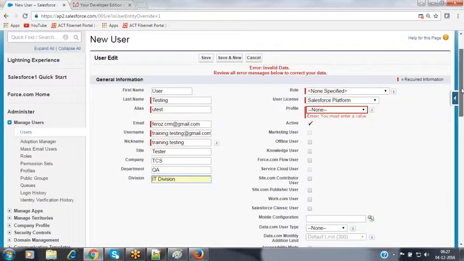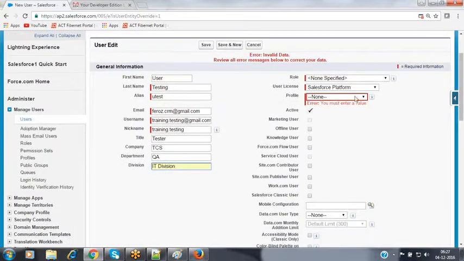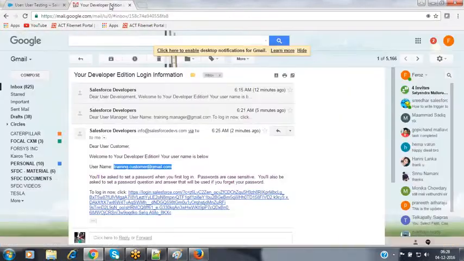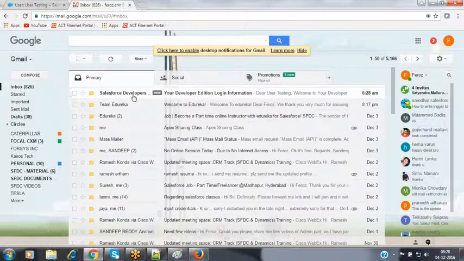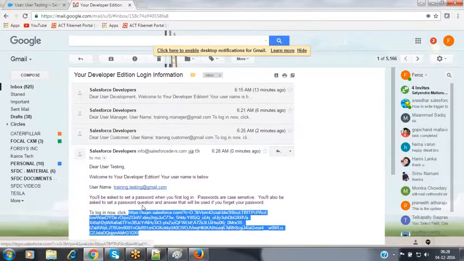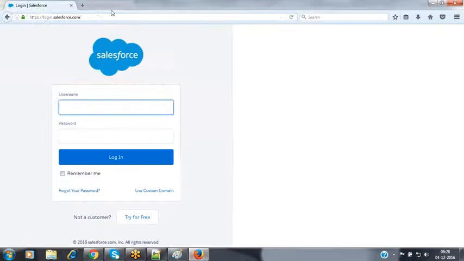Now, upon creating that particular user record, compulsorily we have to enter the profile. I'm selecting the same platform profile. Now go to the save button. Your account will be created, and activate that account by using the account activation link right now. I'm copying this account activation link. I'm opening it in a separate browser. I'm activating this user account.